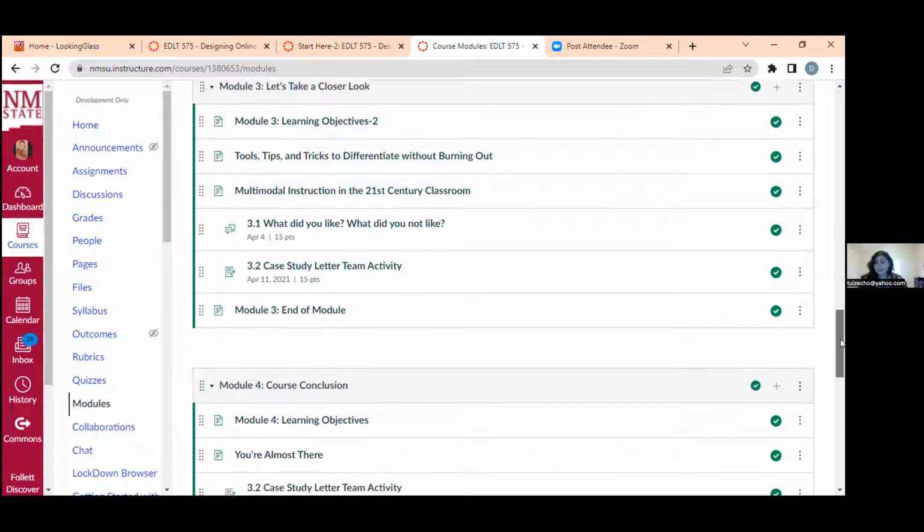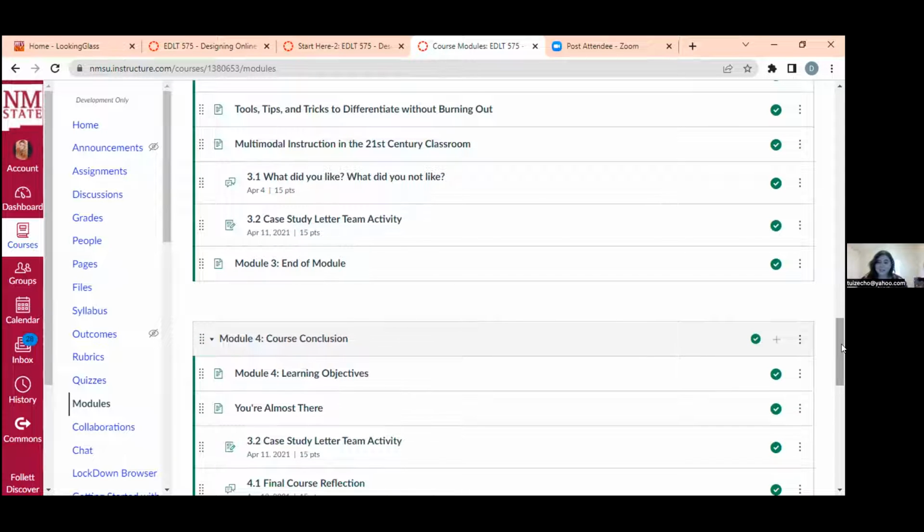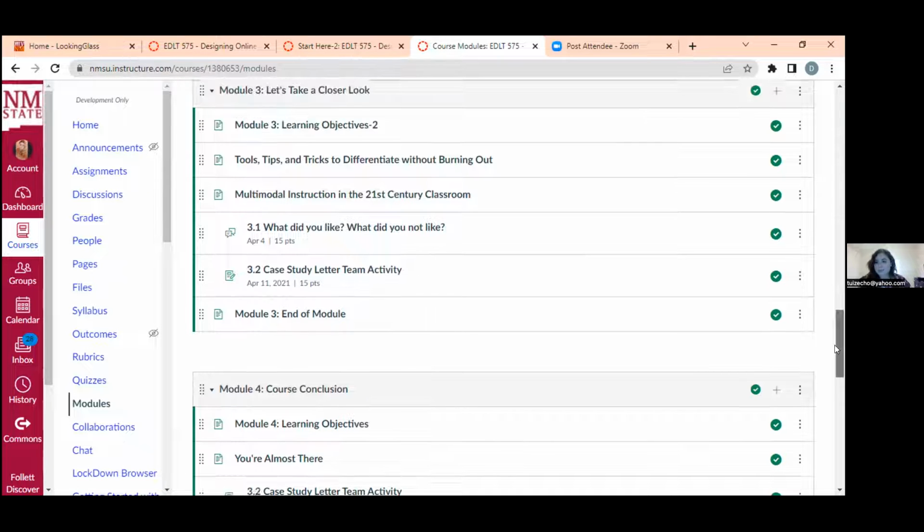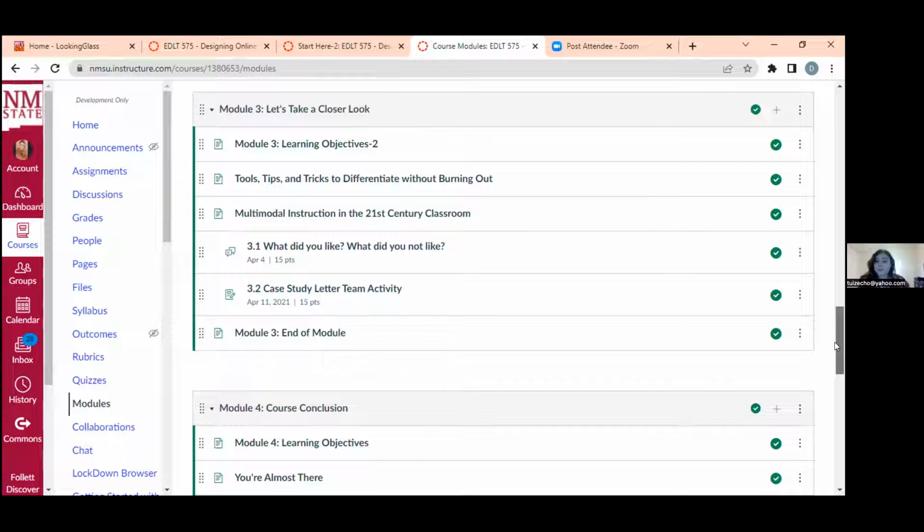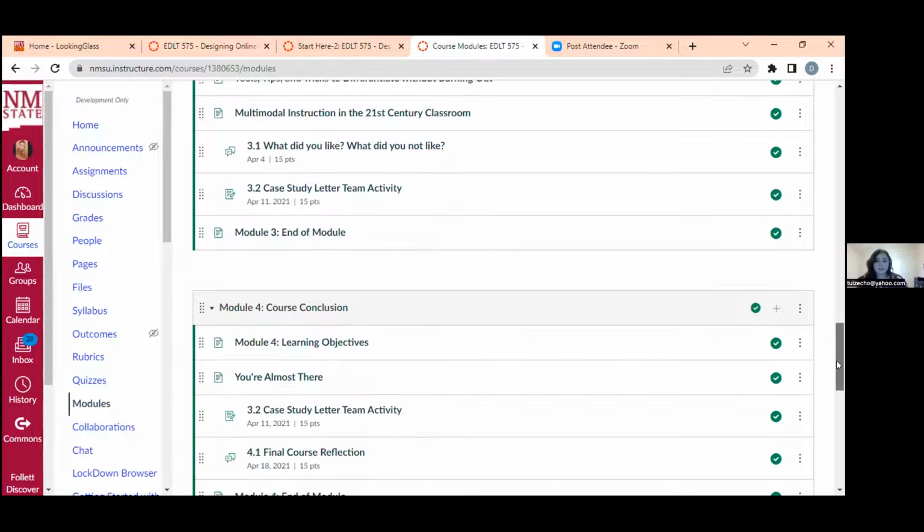So if students feel like, why do I have to learn this online if I can't do this in the real world class? That's not true. They do have resources to be able to understand how it translates, how these different activities can resonate with young learners, and so on and so on. So definitely there's a lot of information involved. There's a lot of case studies involved.